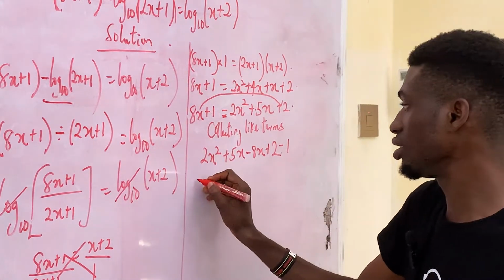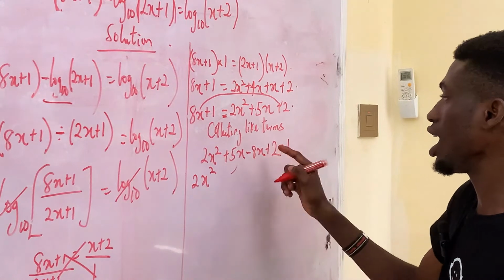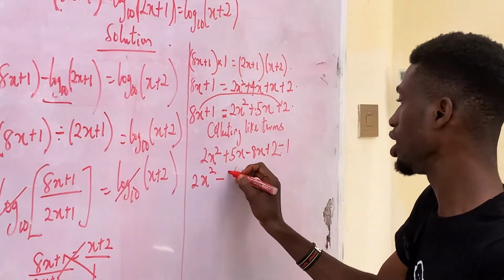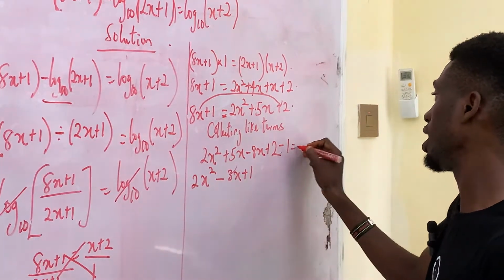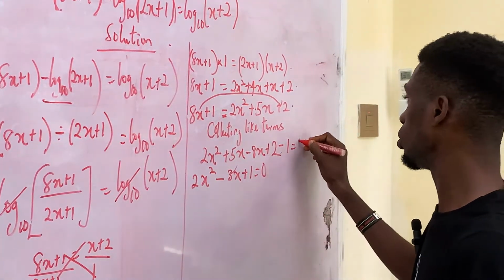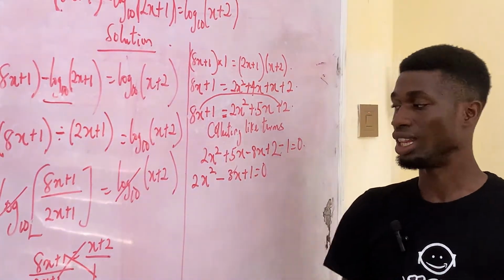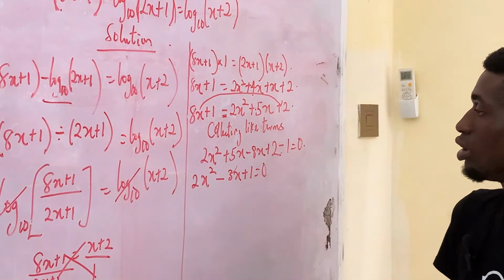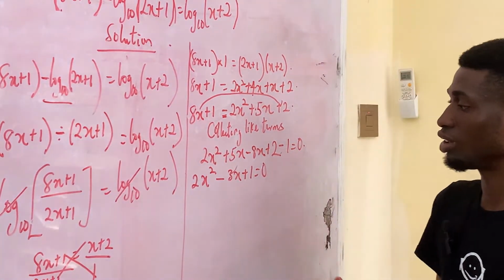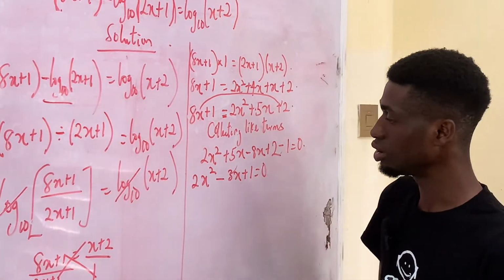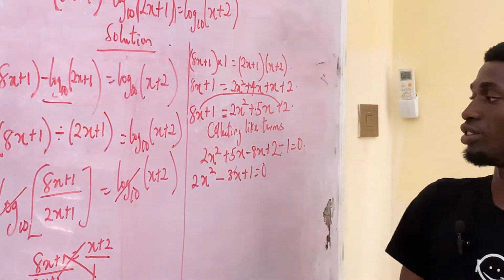So what did I have as my answer? I have here 2x squared. I'm having 5x, I'm only taking away 8x, I'm left with minus 3x. And I'm left with 1. I can say everything is equated to 0. Once you got to this point, then you are left to make use of your three methods. You choose out of it: you use the completing the square method, the factorization method, or you use your quadratic formula. So right now, we're making use of the quadratic formula, which says,